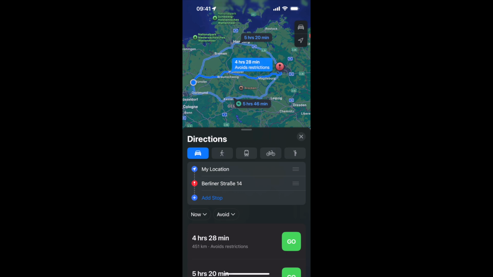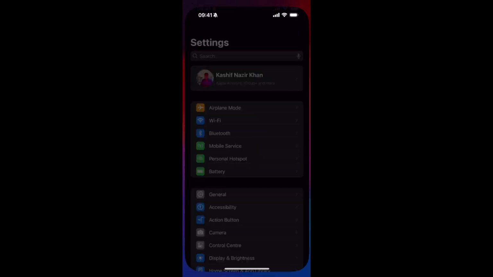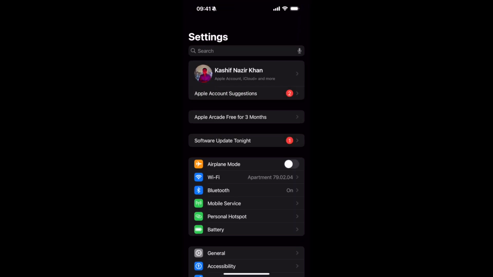So the process to change kilometers to miles on iPhone maps is quite easy and simple. So for now, you can see it is in kilometers if I open up the Apple Maps. And to change the setting to miles, you need to go and open up the iPhone settings, scroll down a